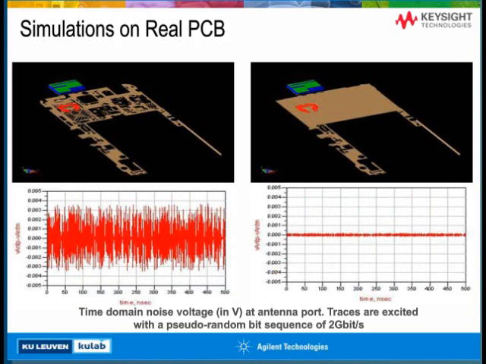Now, this was all on a simplified example. You can also do that on a more complicated example, on a real PCB, where you have ground planes which are very often full of holes, openings for components, for vias. We just compared here what the difference is if that ground plane would be a full ground plane and a real ground plane. And you can see at the bottom what the difference will be just for the coupling from the interconnects to the antennas. For the full ground plane, we're almost seeing no noise, while for the real ground plane with all the openings, you can see quite a significant amount of noise.